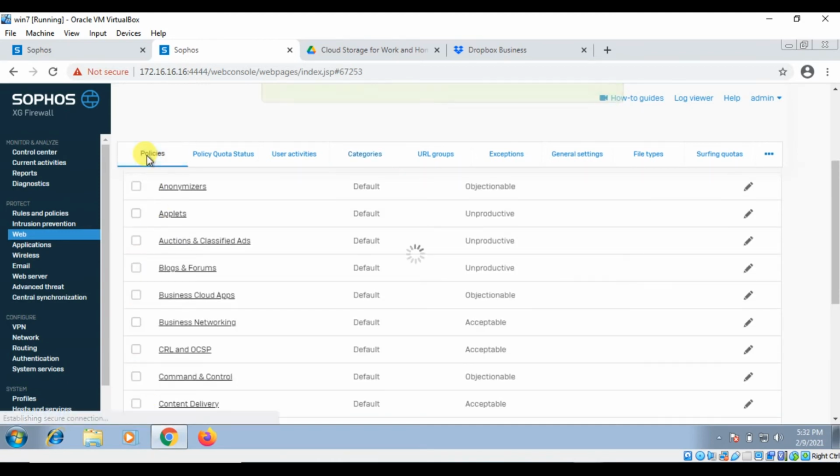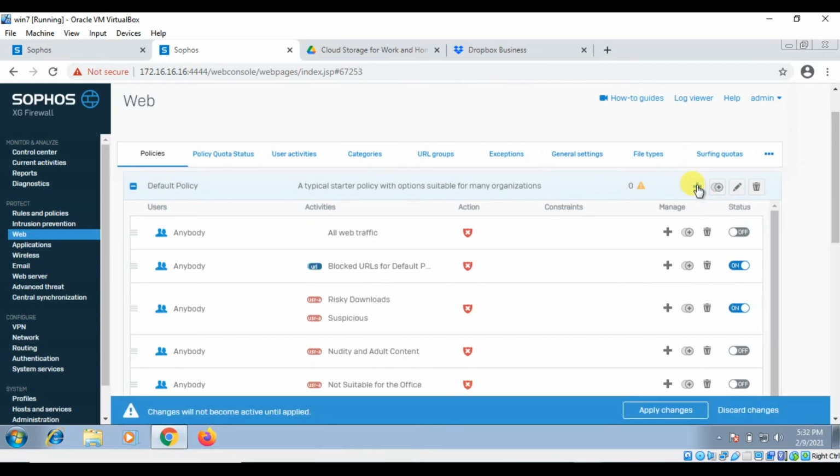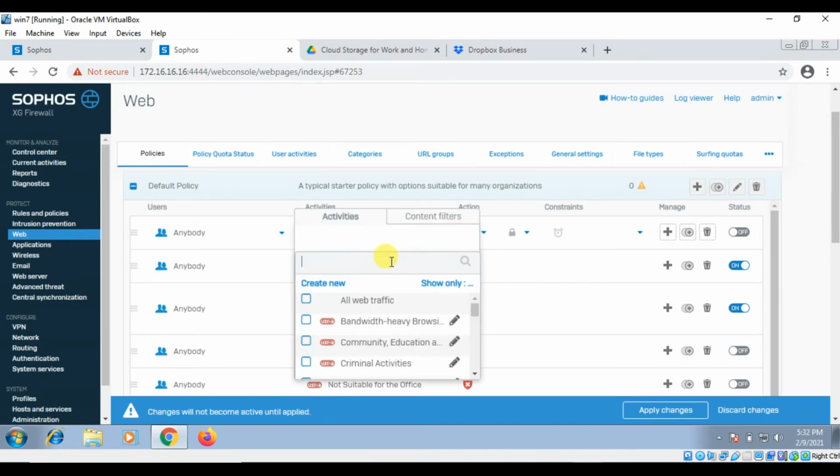Just move to the policy, and suppose users' traffic is passing through the default policy. You have to click on add rule. Here you will find all web traffic. Just remove that. Click on add. Click on view all. Search for the policy you created.